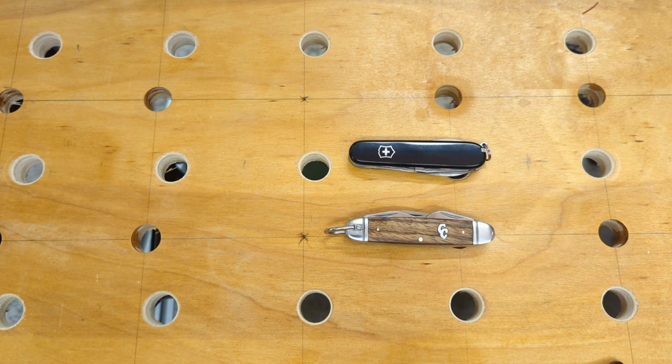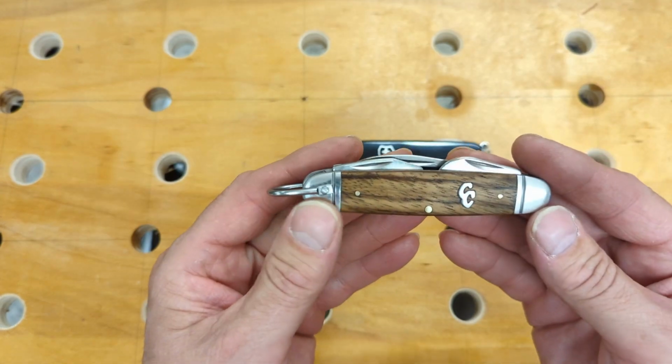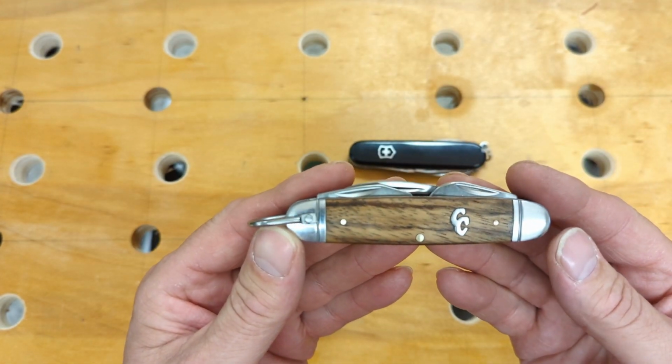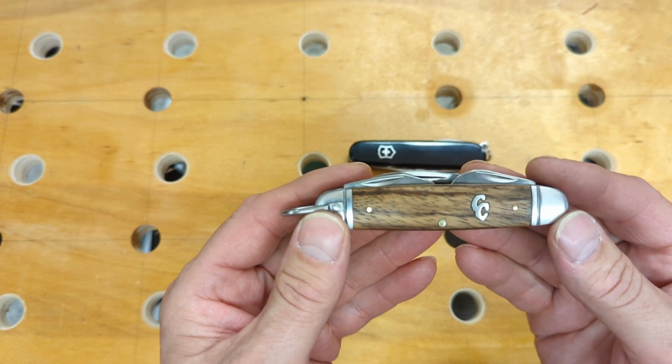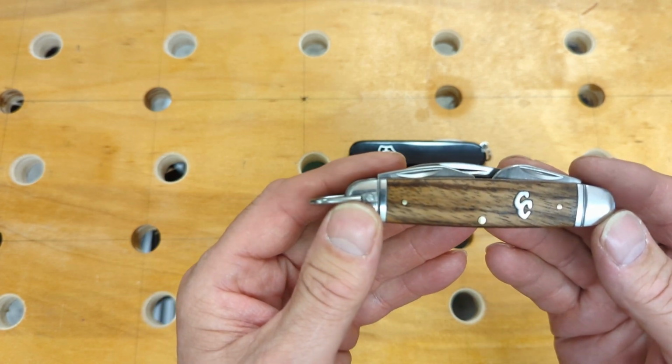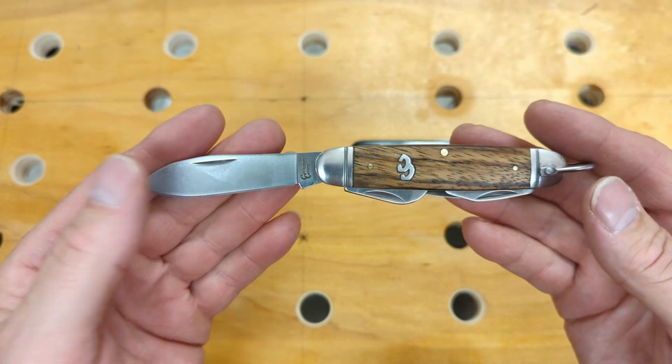Now, ever since I was a kid, my grandfather and I had worked together. He passed away in the mid 1980s, so these memories go back a long ways. But he always carried some type of a scout knife, and it looked a lot like this one. I found this one. This is, I believe, a Cattleman's Cutlery, and it's got your spear point blade,